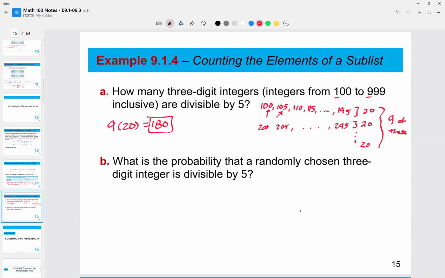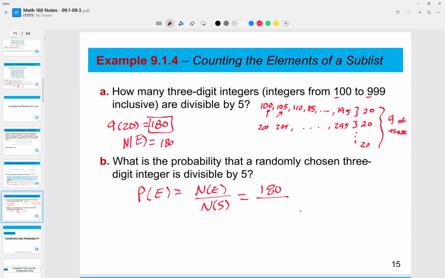All right, so for part B, let's call that an event, so let's call that E here. And then that means the number of E is 180. And so if I want the probability of E, that would be the number of E divided by the number of S. So that would be 180. Well, now the question is, and how we're going to use that formula from before, how do I count the number of three-digit integers